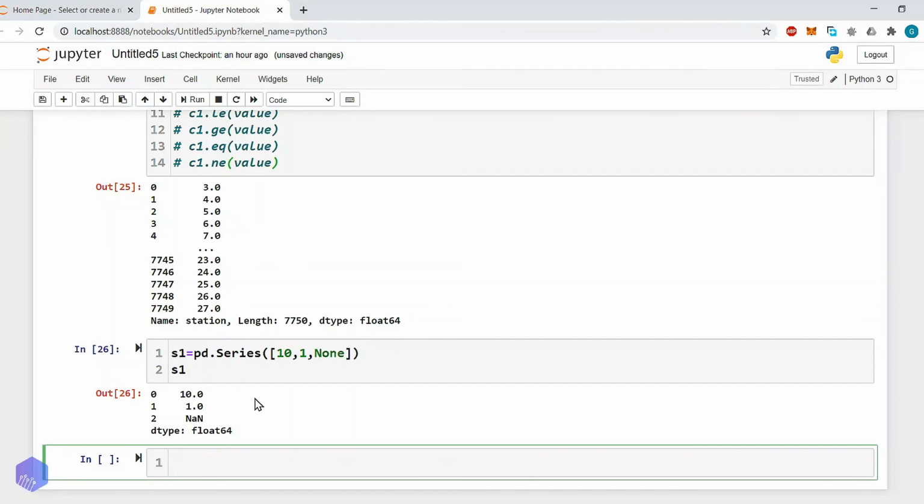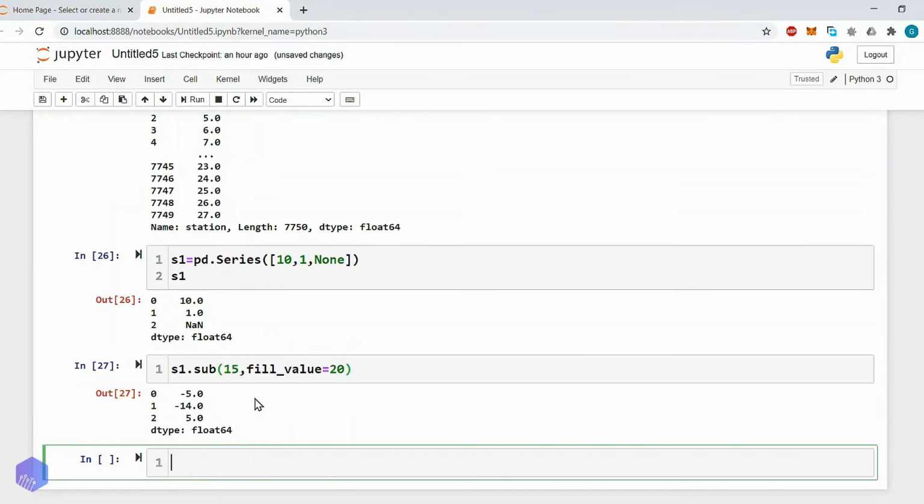Now let me do one thing. Let's say s1 dot subtract, then 15 and fill_value equals 20. Now here you see what will happen.